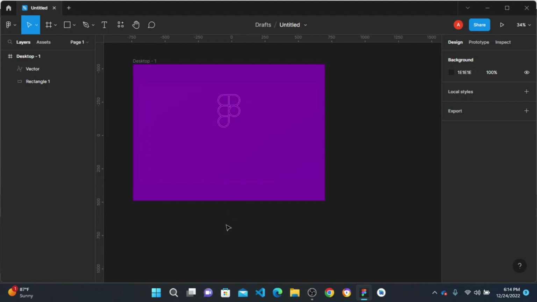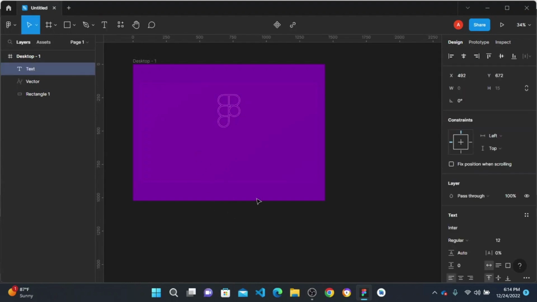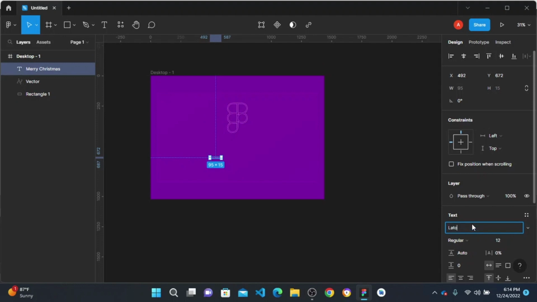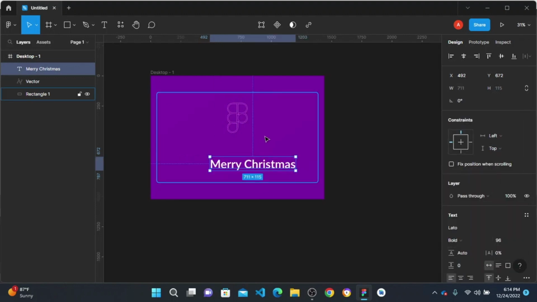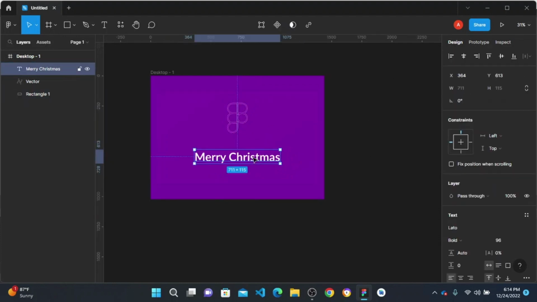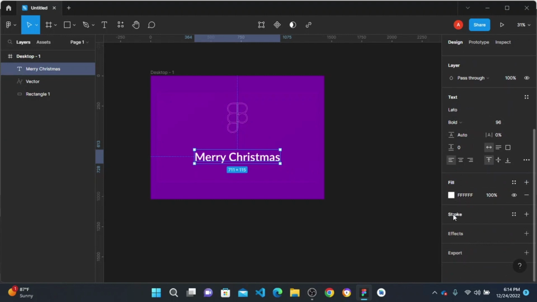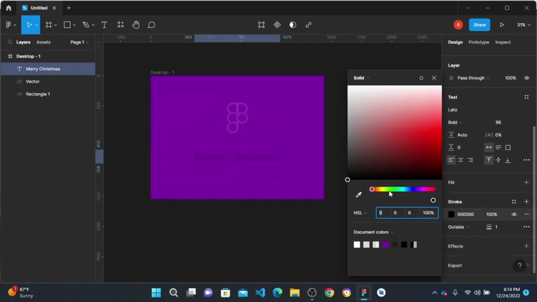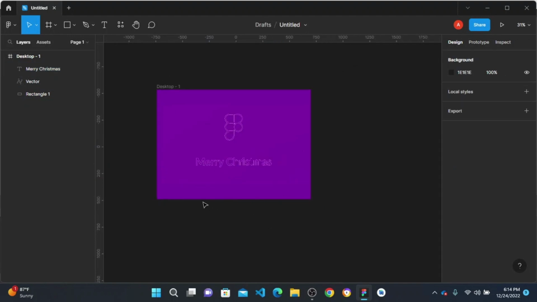So I'm also going to have my text that says Merry Christmas. So this can be Lato or any text actually. So I'm going to make this bold, 96. Alright, so I'm also going to apply stroke to this. So I'm going to apply stroke and remove the fill. Alright,